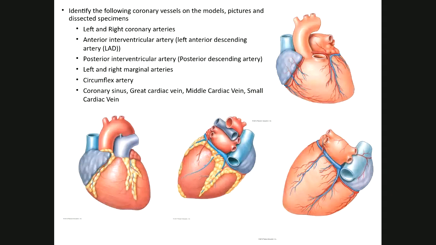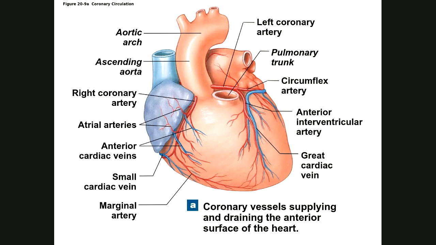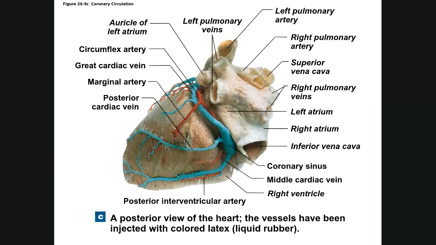Then you want to identify the coronary vessels. Coronary vessels are blood vessels that actually deliver oxygen and nutrients to the heart itself. And so you can see all these that I want you to be able to identify on the model listed there. And then I would use pictures like this one, a great picture that I could use on the exam. That's an anterior view of the vessels. Here's a nice posterior view of the vessels. I'm going to make sure you have that one. This would be another one that I could use